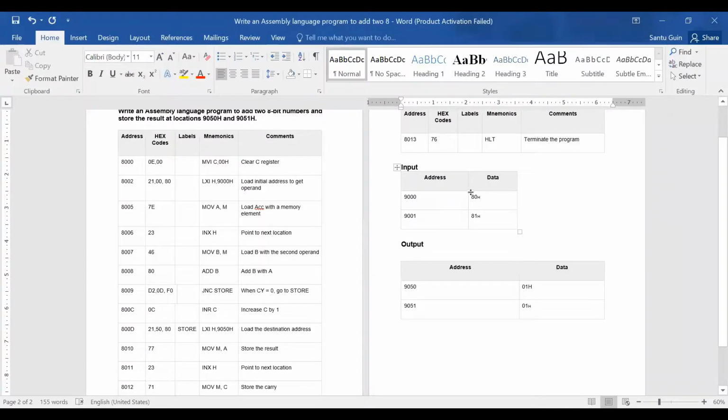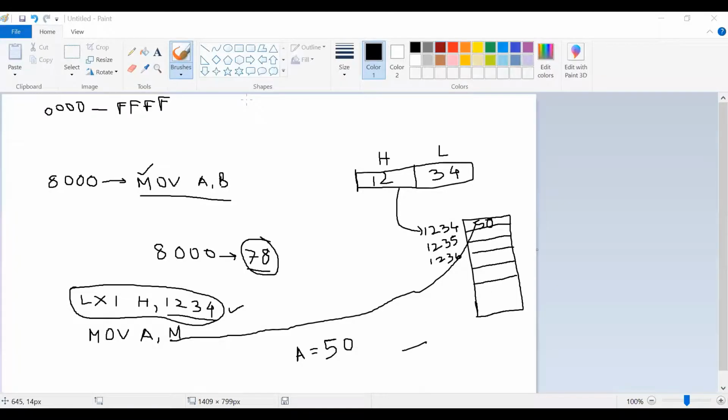Manually, you can perform 80 plus 81. 80 can be written in binary form as 1 0 0 0 0 0 0 0, where 8 is 1 0 0 0 and 0 is 0 0 0 0.